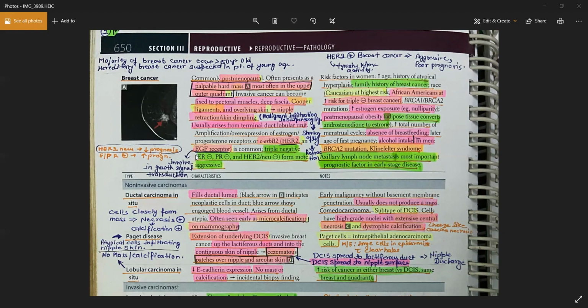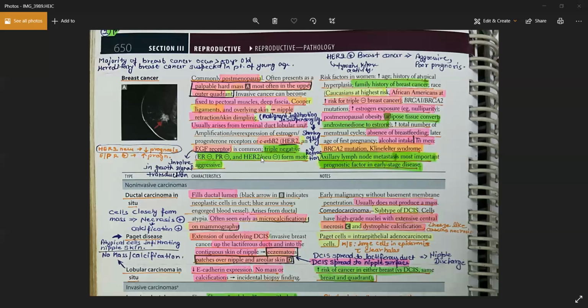Now, if a patient has an estrogen receptor positive breast cancer, that means if I block the receptors of the estrogen, I can have a recovery from this cancer. Similarly, if I have a cancer which is progesterone receptor positive, that means this tumor is responding to the progesterone. So if I block these receptors, can I have a resolution of symptoms? Yes. Similarly, if the tumor is HER2 neu positive, if I block this receptor via a drug which is